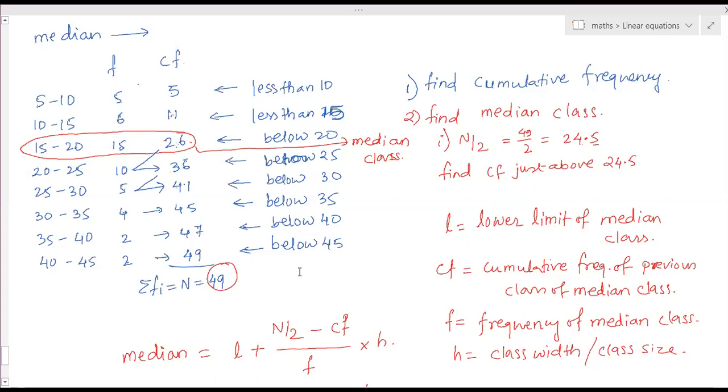Ma'am, the questions from these are all 3 and 4 marks? Yes, 3 and 4 marks only. There are no 2 markers. A 1-mark question may be there if it is asked, but the probability is very less. This chapter is for 7 marks: one 3-mark question and one 4-mark question.